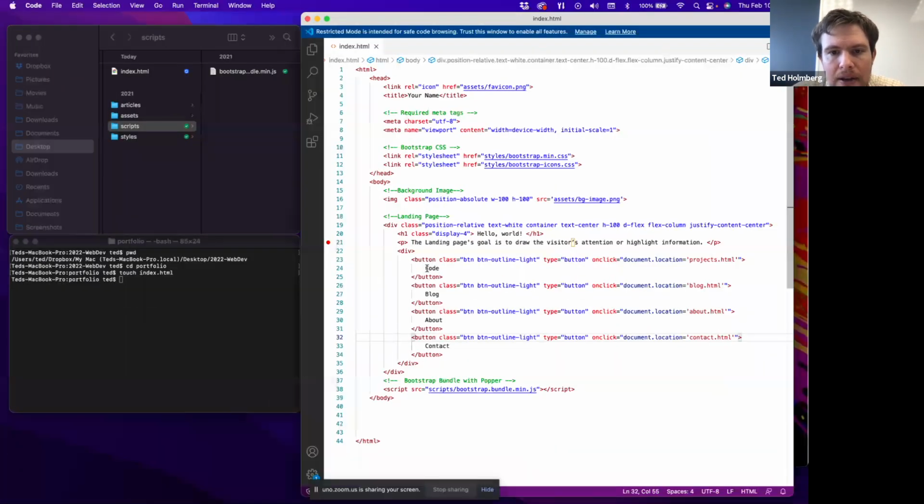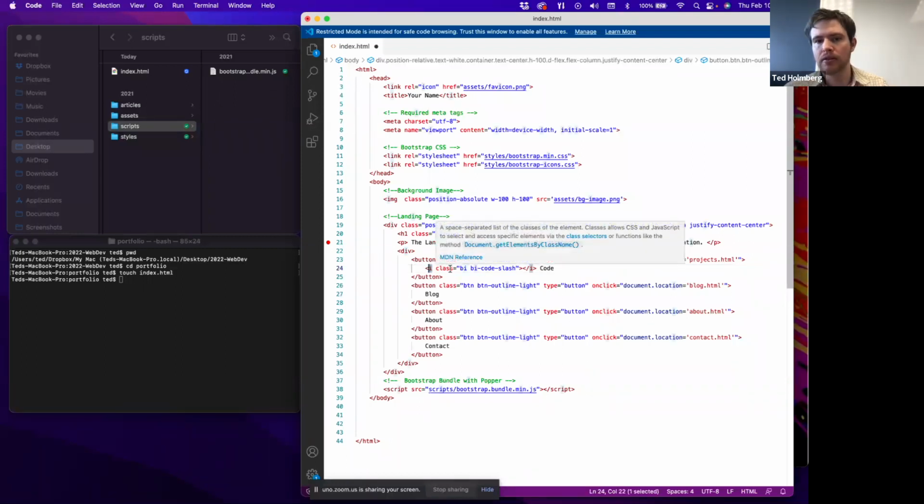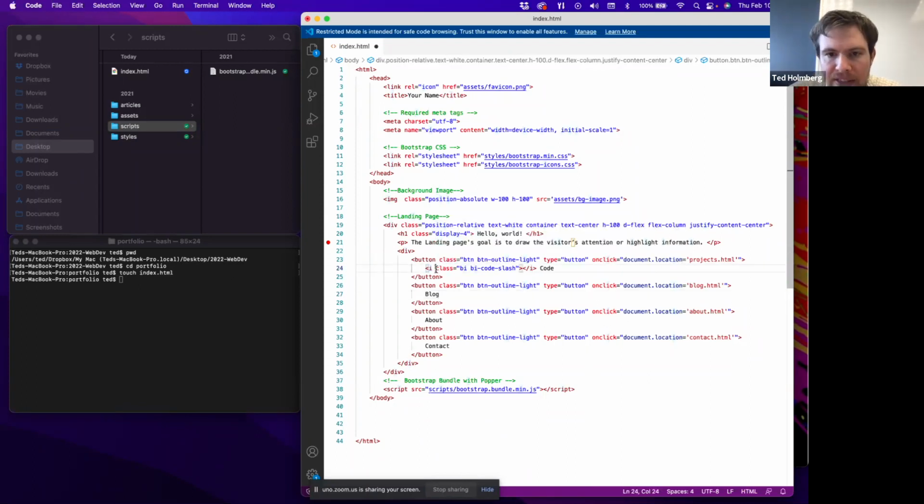So here, inside of the button where I have the text code, for instance, I'm going to go ahead and create a new HTML element of type i. You can think of i for icon. We're going to give it the class of bi for Bootstrap icon, and then we're going to give it the name of the icon we want. So it's bi-code. And inside the lecture, I give a reference. Inside the PowerPoint slides, I give a reference of all the different icons you could potentially use. So I would advocate you go look at the PowerPoint slides to see what your options are. So just looking at this one,